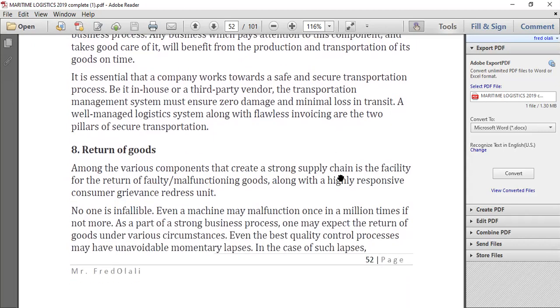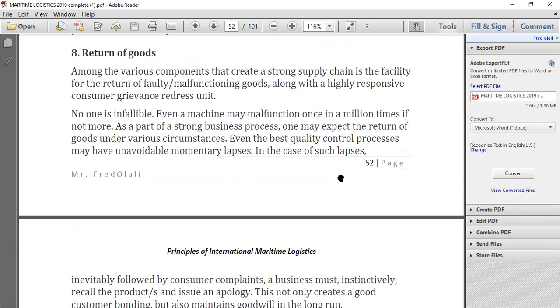Then we also have another component, which is called the return of goods. Now, among the various components that create a strong supply chain is the facility for the return of faulty or the malfunctioning goods, along with a highly responsive consumer grievance redress unit. In any business, a good business should have a system that allows a customer to return goods that do not meet